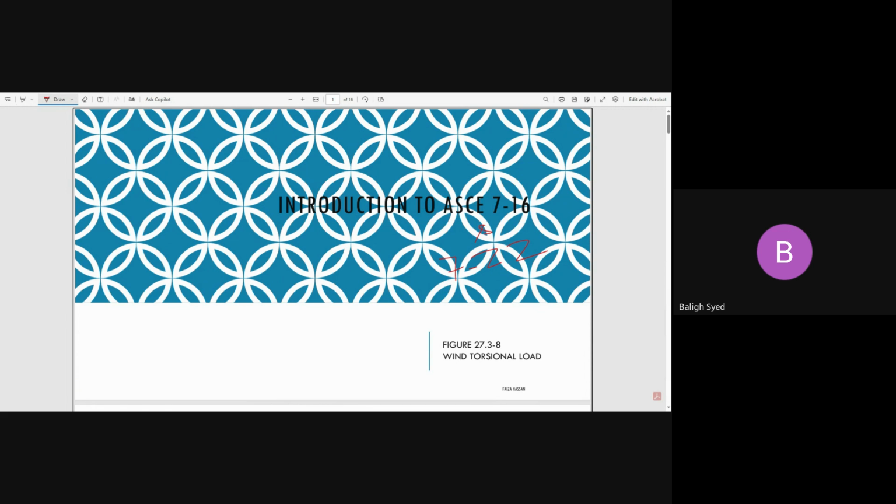All right. So actually, we were discussing for the past couple of weeks the wind design and wind-induced loadings on our structure, and how to calculate the wind loads on our structure for different scenarios and different conditions. One thing was left: the torsional loads. How the torsional loads come, and how, as structural engineers, we need to understand the analysis to resist the torsion load, and also how the loads are generated using the ASCE